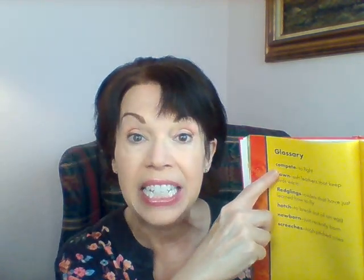At the end of a nonfiction book, sometimes there's a section called a glossary. Do you see that? A glossary tells you what words mean. And these words were important words in the story or the book we just looked at. The words in this glossary are compete, that means to fight, down, that's those soft, soft feathers when they were born,